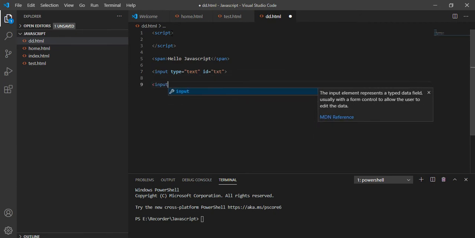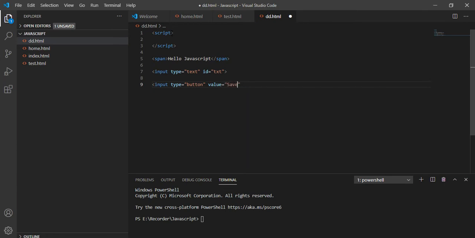Then another input, type button, value will be Save. Let me give an ID to this span as well. The ID would be span, and save.